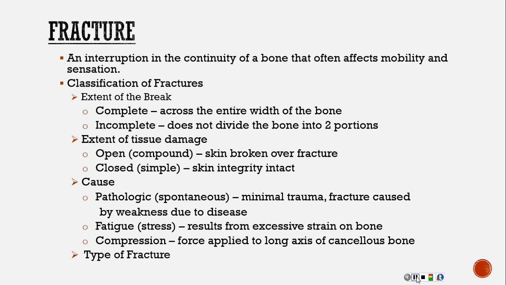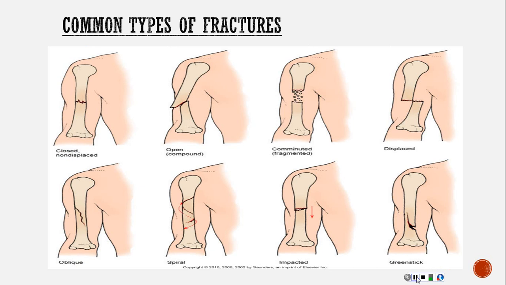And then the last classification is going to be the type of fracture, and this is what you typically hear of, the different types of fractures. First, this is a closed, non-displaced fracture. There's a disruption of the bone continuity, but it's already reduced and back in place. All they're going to do is just put a cast on it, if it's something that can be casted.